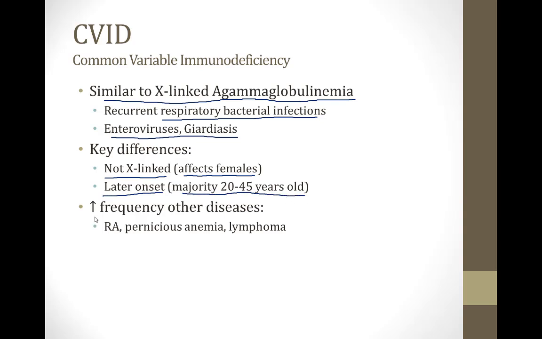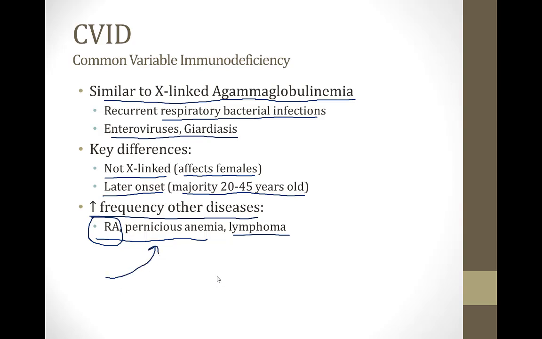In addition to the immune dysfunction, these patients have an increased frequency of autoimmune diseases and malignancies. In particular, they often get rheumatoid arthritis and pernicious anemia and lymphomas. And we saw in selective IgA deficiency that those patients also were more likely to get autoimmune diseases like rheumatoid arthritis and lupus. And really the way to think of these conditions is not just as immune dysfunction, but as immune dysregulation. So they are more susceptible to bacterial infections, and they are also more likely to get autoimmune diseases